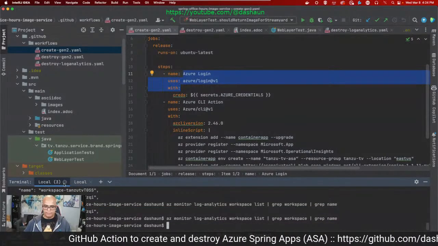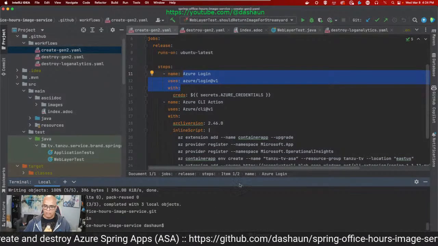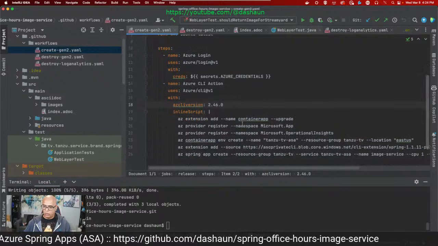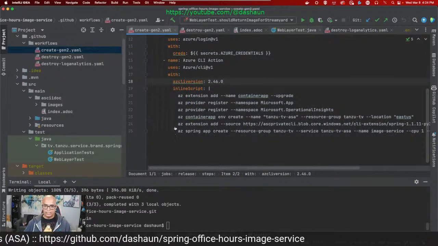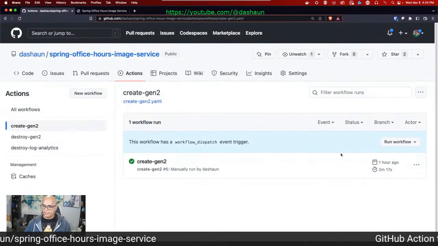Done. Excellent. I'm feeling good. So now what do I want to do? I want to show that this works. Let's go and create it. I want to create this new ASA workspace